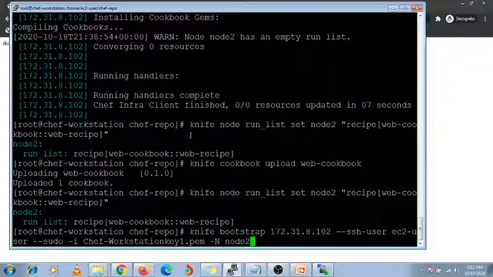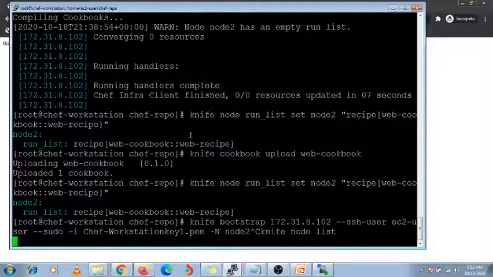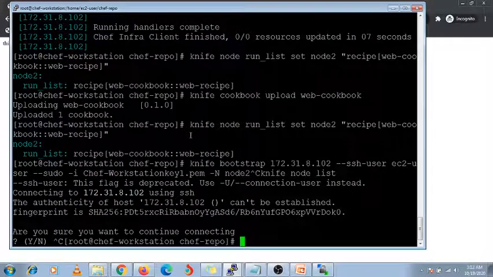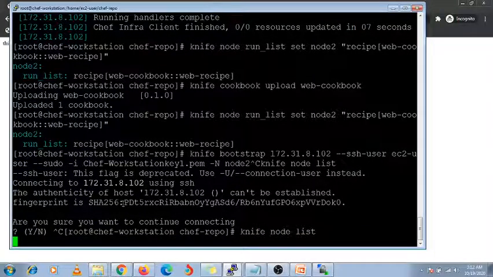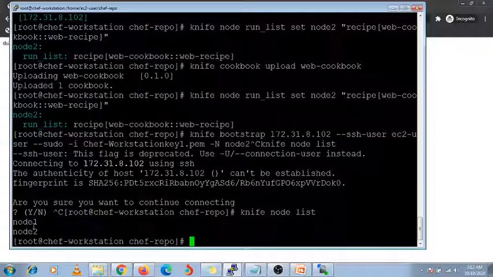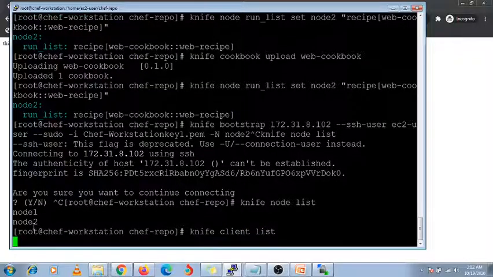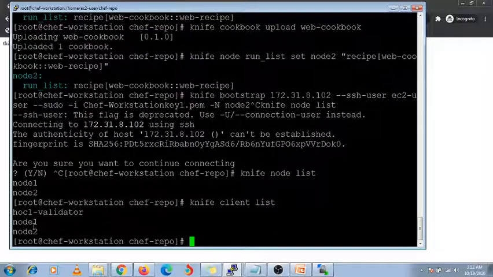You can check it using knife node list, so it will reflect node 1 and node 2. The client is also created when we add this node, so the client is also part of this node. So these two you can add.